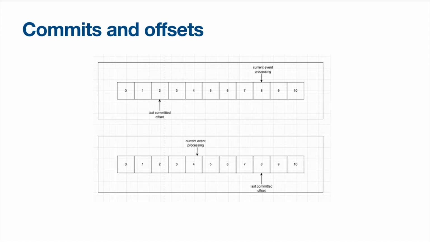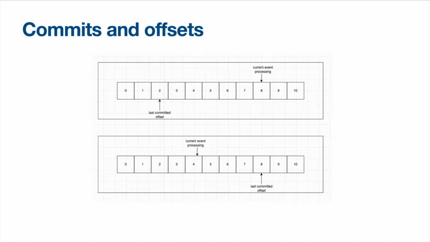And if you look at the bottom diagram, you can see that the last committed offset is 8 and you're currently processing at 4. When your consumer crashes and comes back online, since your last committed offset is at 8 and your current processing was at 4, you would have lost messages 5,